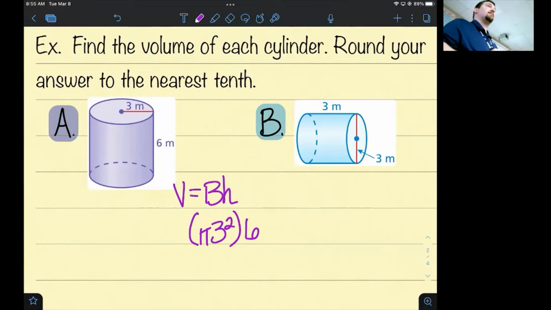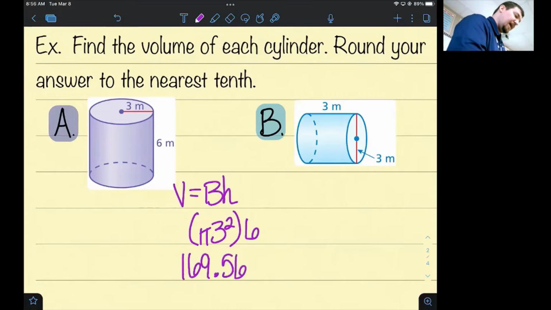Do you remember why that is? Order of operations has exponents listed higher than multiplication. Do you remember that? So I have to do 3 squared, which is what? 9. Now I can multiply everything. 9 times 6 is 54. So actually, I don't have to use my calculator until I get to the 54 times 3.14 here. And that should give us